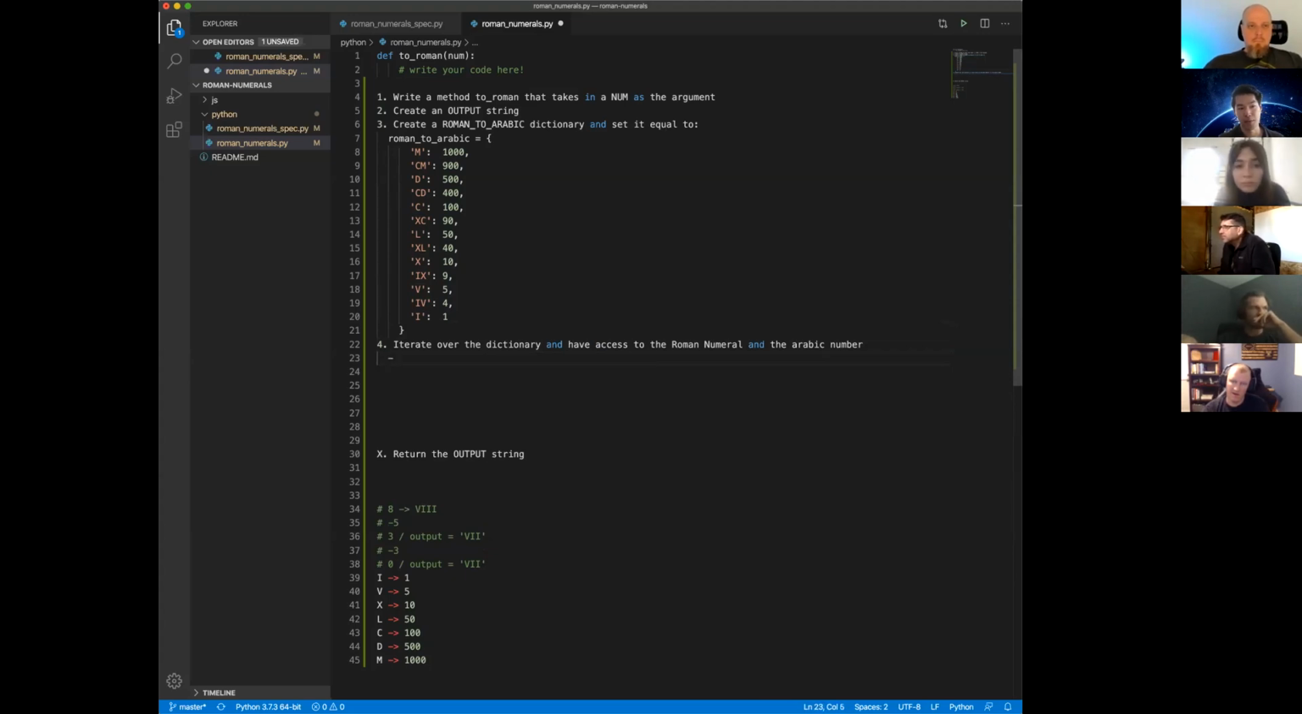And then this is where a bunch of the if statements come in. If num divided by Arabic number is greater than or equal to 0, then we get that number and subtract